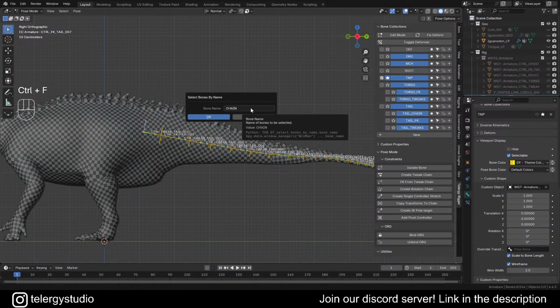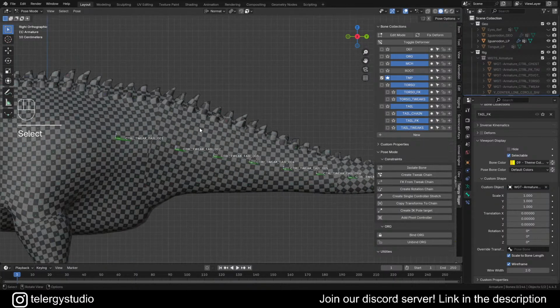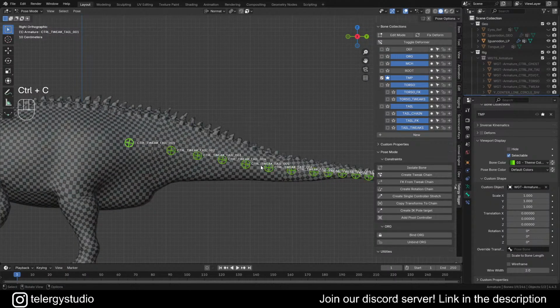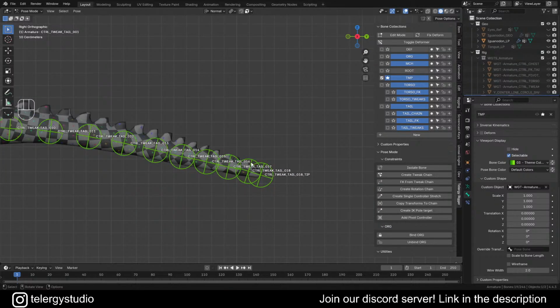So Control F, all the chain ones going to come there. The Control FK. Nice. They are here, and these are the ones. Let's get here, tweak, there, there, Ctrl C, copy bone shape, and then